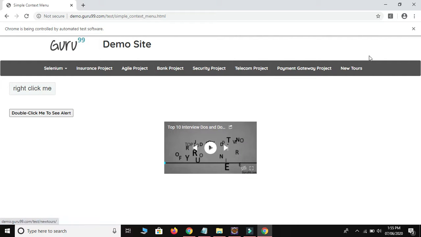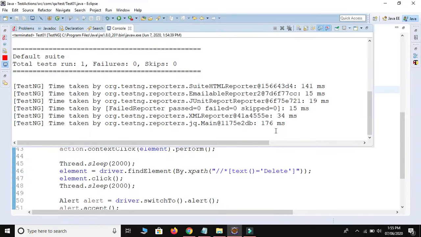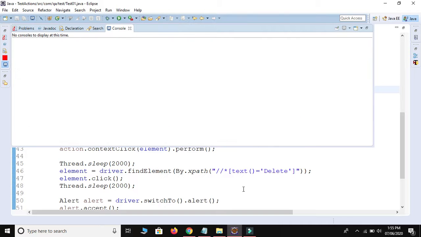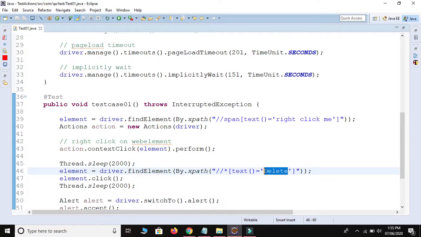Okay, so now we are going to click on this paste button. Okay, so I will just change the text from delete to paste. See, paste. And then I will provide some more wait. I will provide 3 seconds. Okay, now let me run the script.